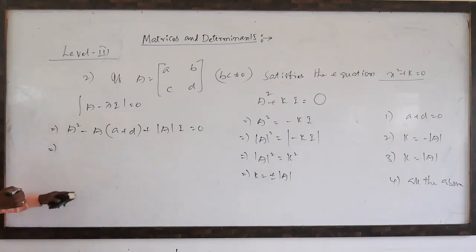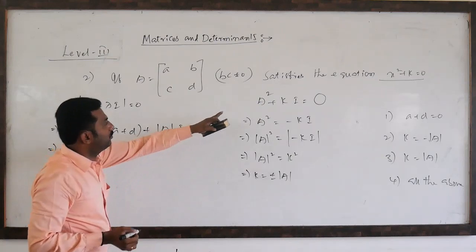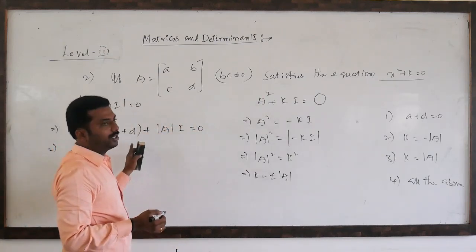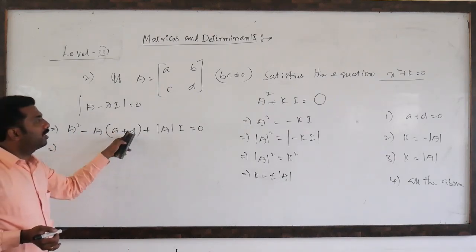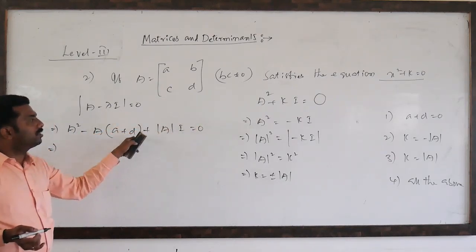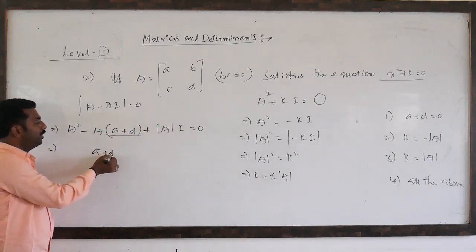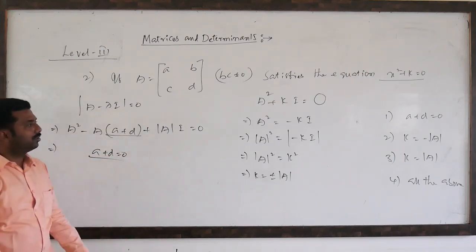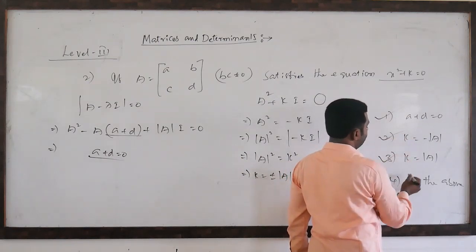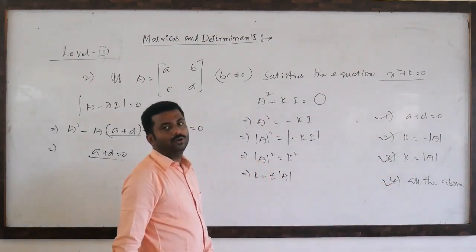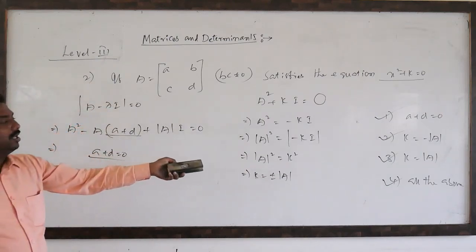So from this a plus d, you observe that equation, this one will compare. These two if we compare, A square means A square is there. So when this equation becomes like that, a plus d compulsorily must be 0. So a plus d must be equal to 0, means this one, this one, this one. So all the above three options are correct. So which option is the answer? Nothing but all the above options.